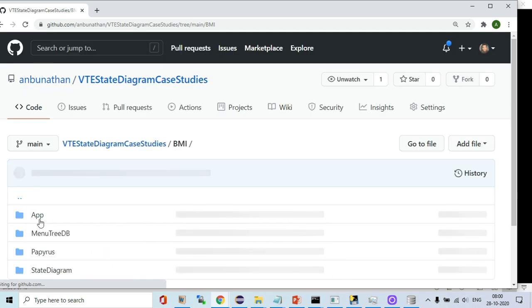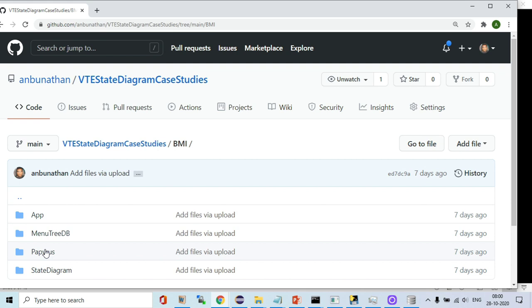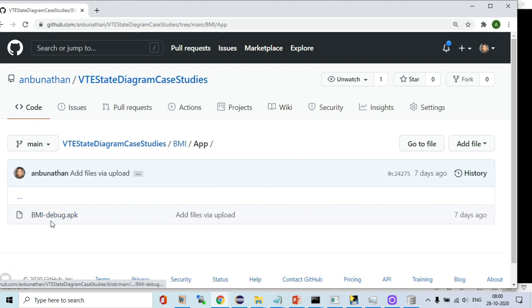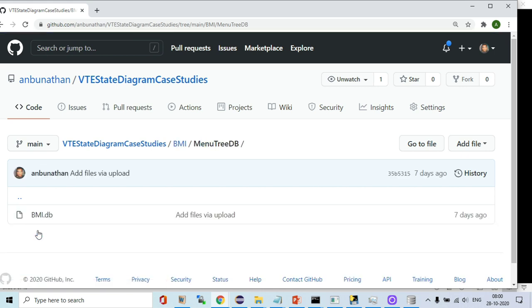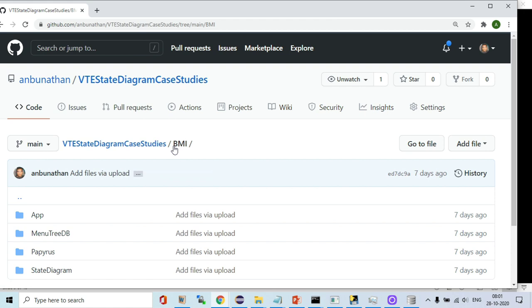In the BMI, different folders are there: app, Minitree DB, Papyrus, and then state diagram. In app, you can see the APK file, which you can take and install in your device. Then Minitree DB, you can see the BMI DB. So this is the database, the Minitree database. I will show how to generate this database.